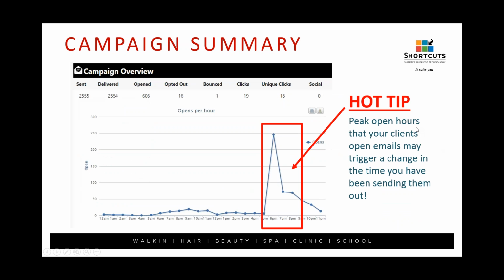Okay, then below that, it's going to show us information about our opening hours. So this is a campaign overview showing us when our clients actually opened. Okay, so you can see here that my peak hours are between like 6 and 8 p.m. really. Okay, so you guys, your peak opening hours might make you consider, or trigger you to change the times